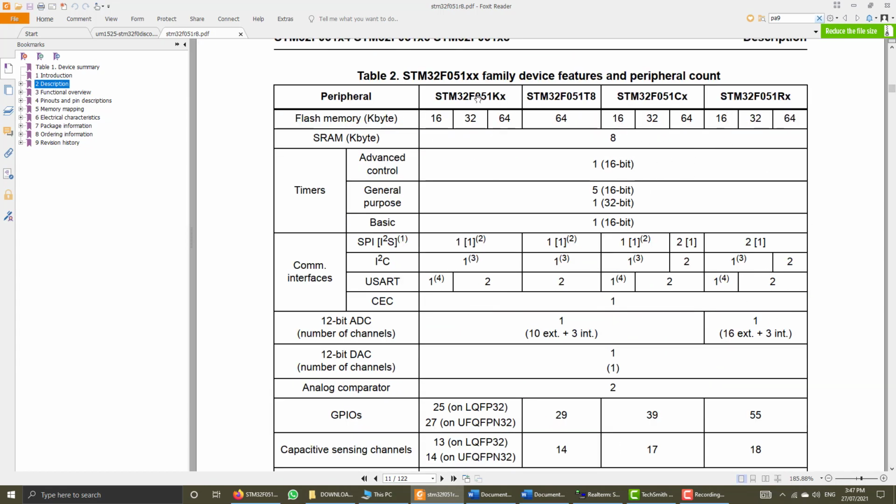The microcontroller which we are using here is this one, STM32F051RX, and this is available in 3 variants, 16 KB, 32 KB and 64 KB flash, and the one which we are using is this one, 64.